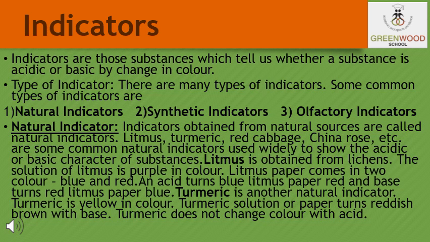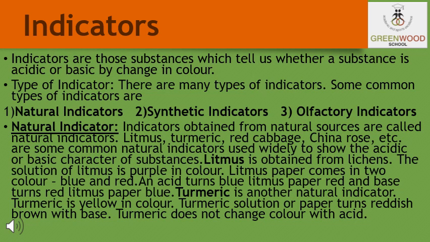But then how can we indicate that? In those conditions we use what are known as indicators. Indicators are substances which tell us whether a substance is acidic or basic by a change in color. That means without tasting also we can find out which substance is acidic in nature or which is basic